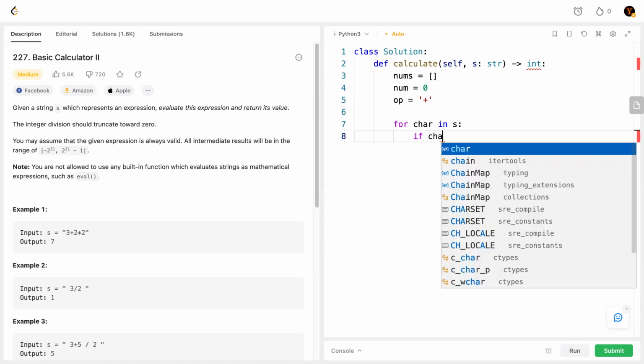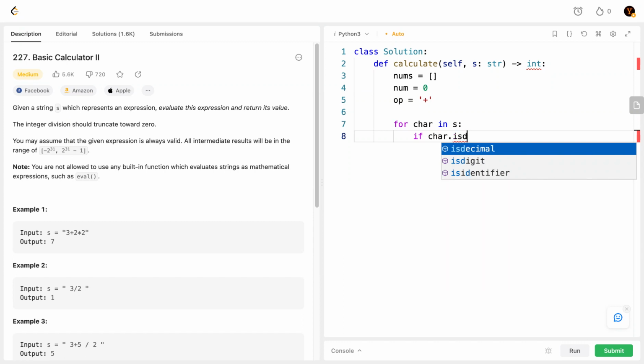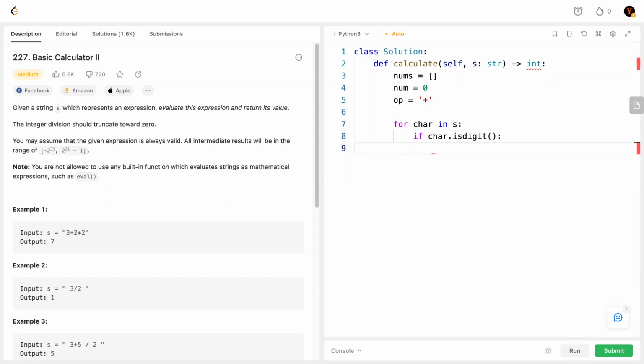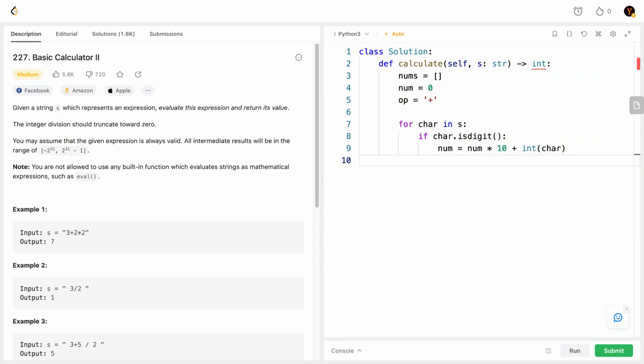If the char is a digit, then we just update the number. The number will become number multiplied by 10 plus the current value. We just convert it into an integer. Else,